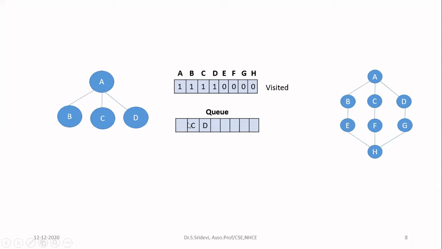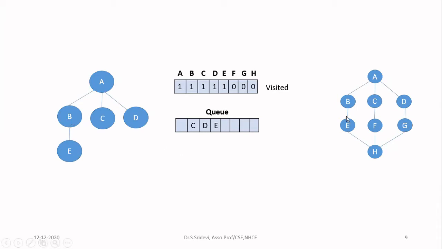Okay. So I have removed B from the queue. Now I am checking the neighbors of B. A is already visited. So I cannot proceed with respect to A. Just ignore it. If a node is already visited, ignore it. Then check the other neighbor of B. B is having the next neighbor as E. Go and check whether it is visited or not. E is not visited so far. So you have to now visit E. So mark visited of E as 1. After that, insert E into the queue. Then you have to add E in the output. So E is now reachable from B. So give connection between B and E.